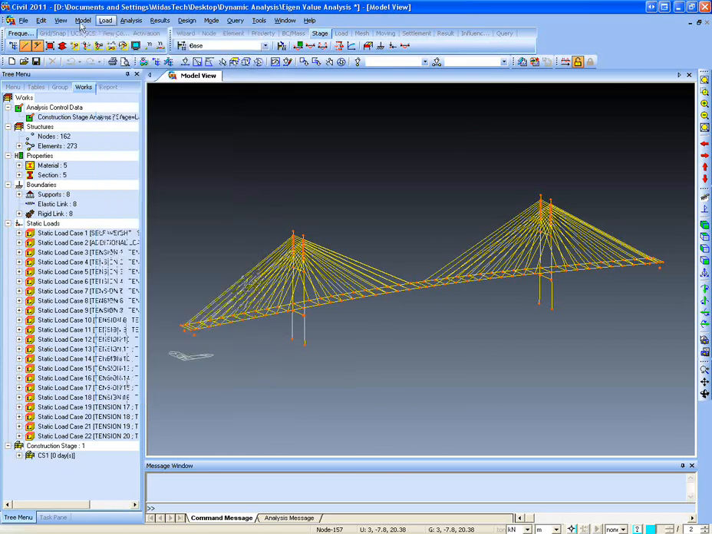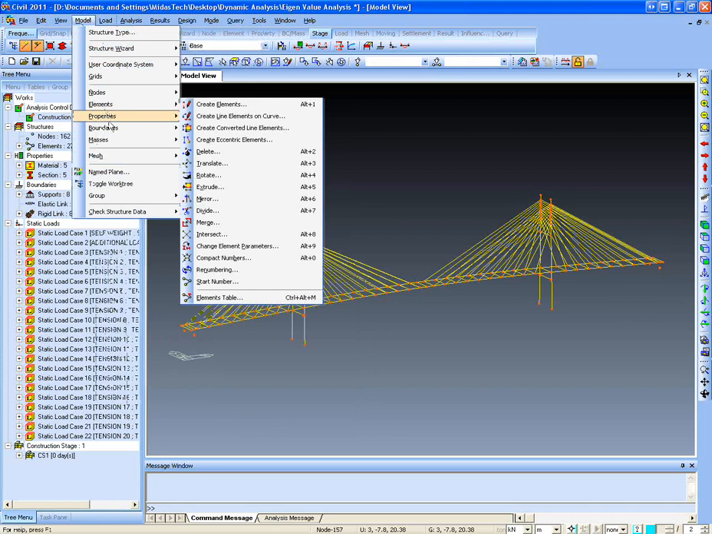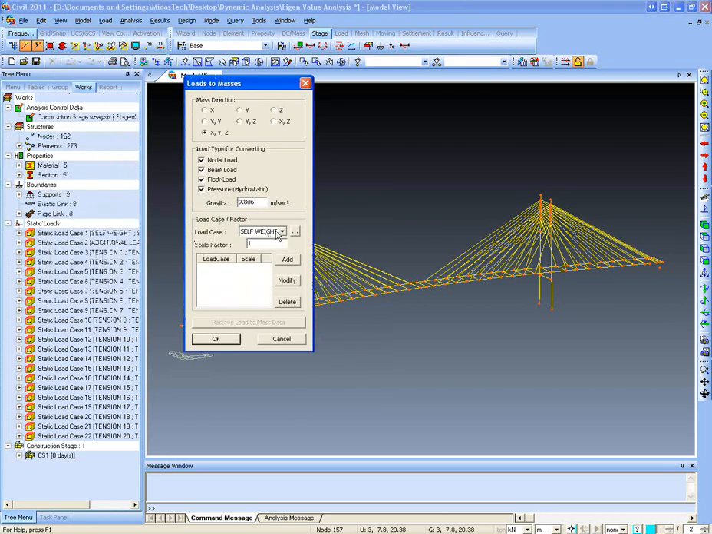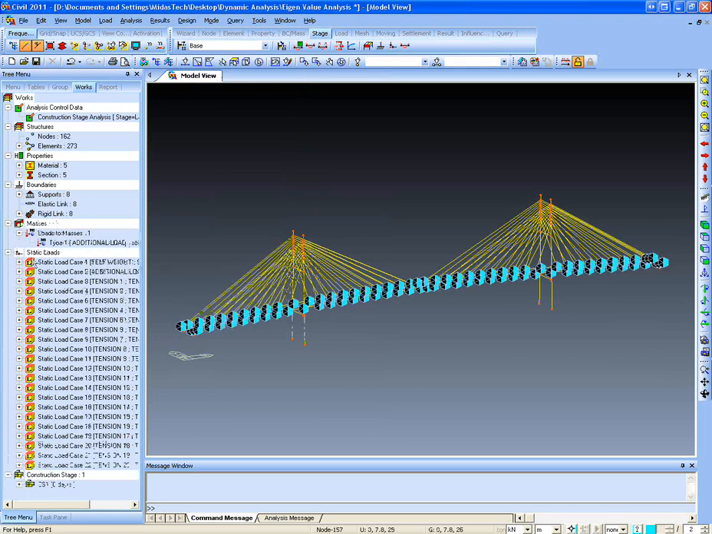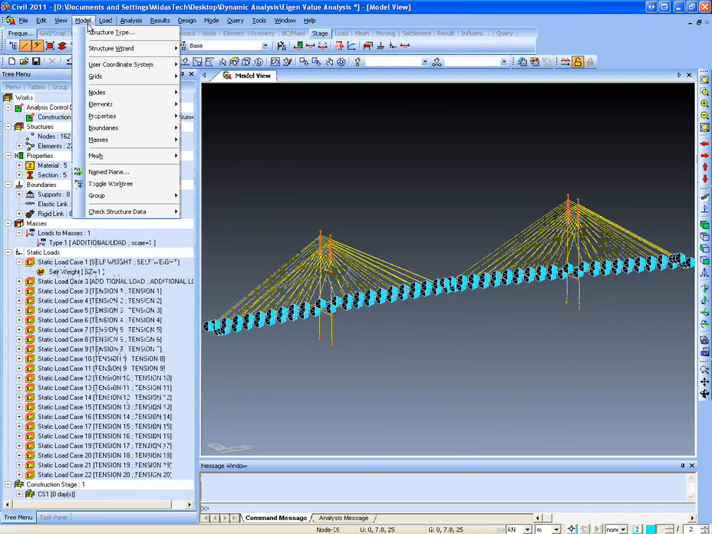Now I will apply the barrier load as the mass. For that, I will go to Model, Masses, Load to Masses, and the additional load that I have specified here represents the barrier load, and I have converted the barrier load to the masses in the X, Y, and the Z direction. One thing the users must understand here is that if they have defined the self-weight under a load case, as I have defined here, under the load case named self-weight, and if I convert